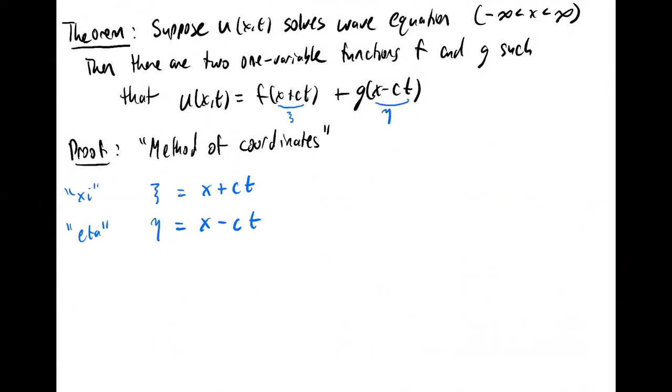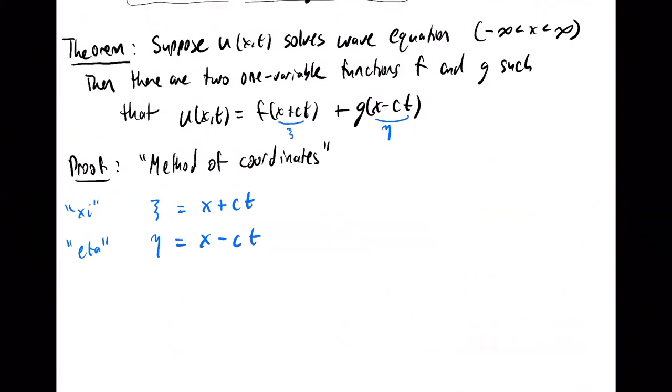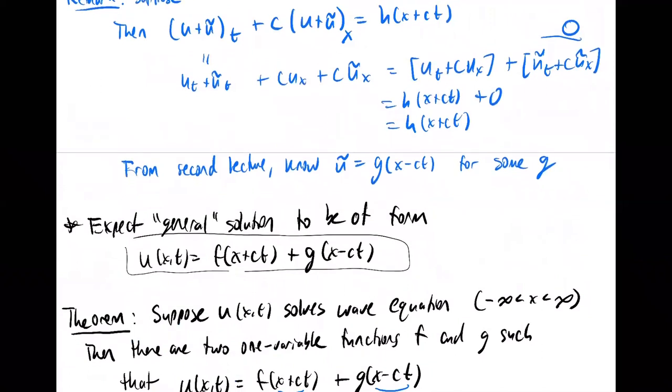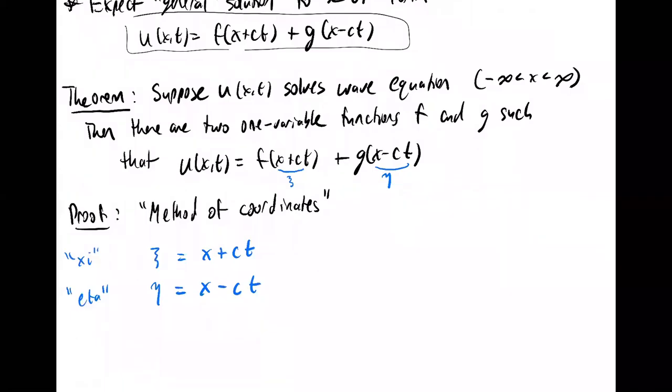So our candidate for the solution, which we arrived at using the intuitive algebra calculations above, says that u is just some function of xi plus some function of eta. And so the idea is, maybe let me change my coordinates for the xt plane